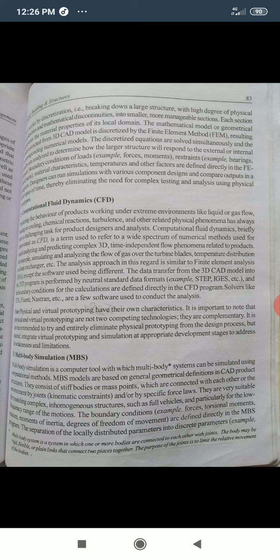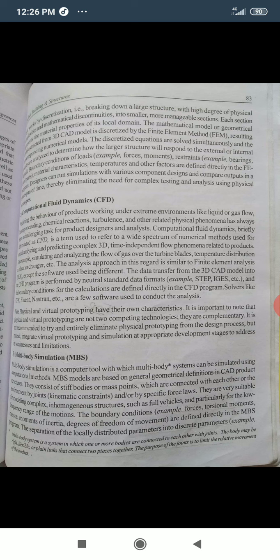Okay, CFD. Predicting the behavior of products working under extreme environments like liquid or gas flow, heating or cooling, chemical reactions, turbulence, and other related physical phenomena has always been a challenging task for product designers and analysts.